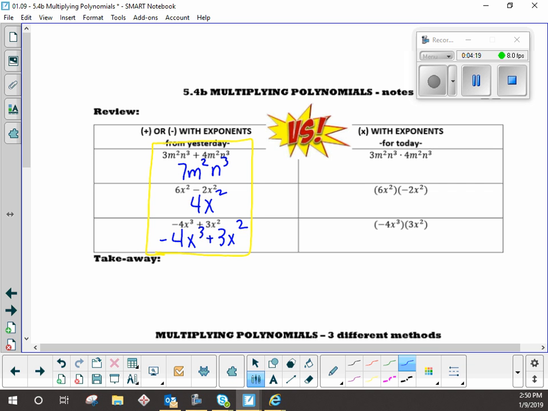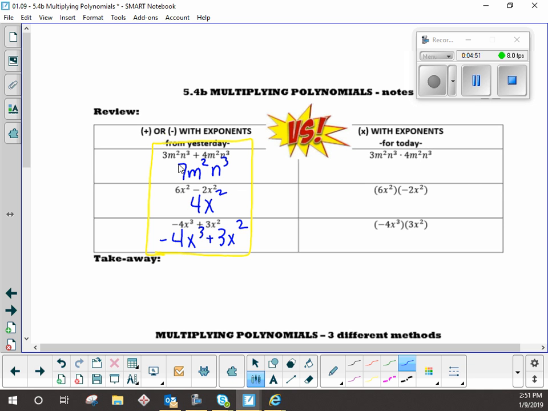That's perfect. Now here's the point of this table, okay, at the beginning of the lesson. Yesterday we added or subtracted these things. Today we're going to multiply them. So I have the exact same things over here, the same terms, but on this side of the table we're going to multiply them and look at how it gives us different answers, okay? One thing, I kind of am going to work this table backwards. I'm going to start here. I'm going to talk about some things in this bottom problem because I want to review what the power even